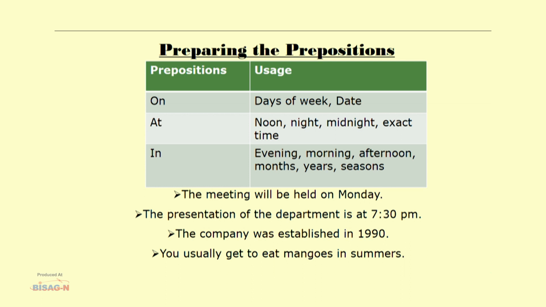So when we talk about time, on is used where you have days of the week or a date mentioned. Now what are days of the week? Where do we use on with days of the week? You have an example right there at the bottom of the table. It says, the meeting will be held on Monday. Do you see that there is a day of the week, Monday? And right before that you have a word which is a preposition, and